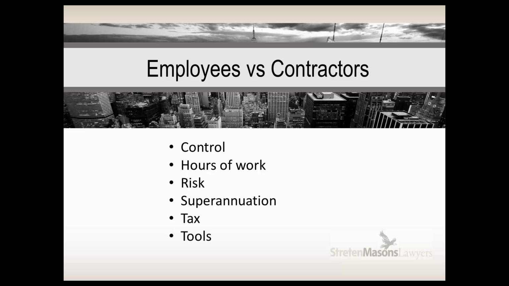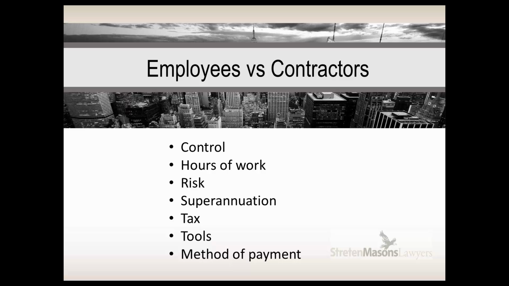The other big one that we come across quite a lot is tools and equipment. So as an employee, you expect when you come to work that all the tools and equipment that you need to complete your job is all there. However, in an independent contractor arrangement, they're expected to bring their own tools and equipment. For an employee, if they were to buy their own tools for a particular reason, there should always be an allowance that they're reimbursed or some other way for those tools that they might buy.